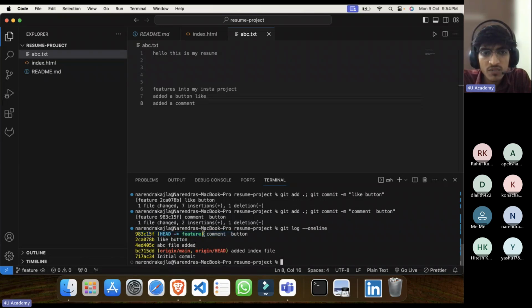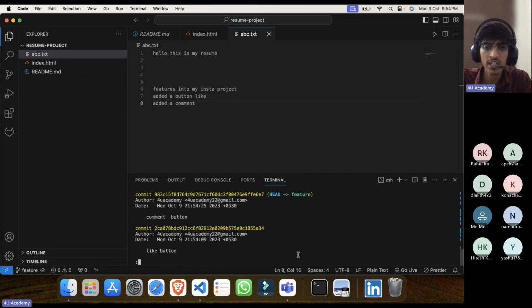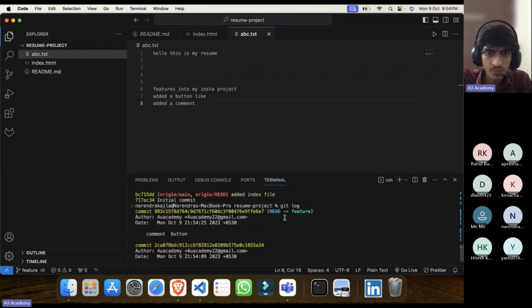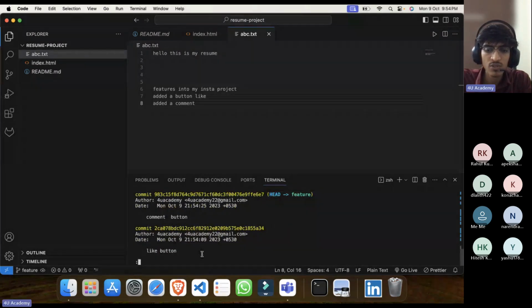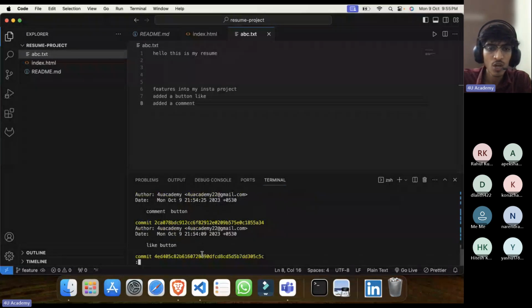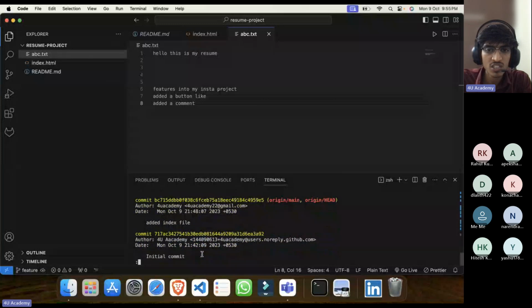The feature branch has this comment, and then the like button is in the feature branch, and this ABC file is in the main. Okay, so everything is going differently. If you want to see properly, git log. You see, my head is at feature now. You can just click the down arrow. It is in insertion mode now. So with the down arrow, it will keep on telling you everything, like where is origin, where is everything. Okay, so everything is done.